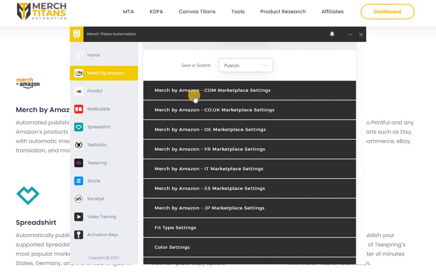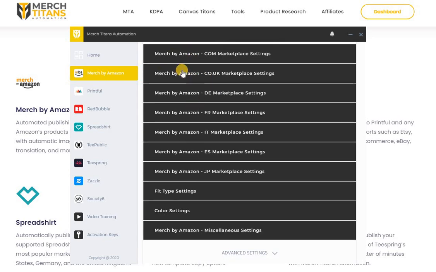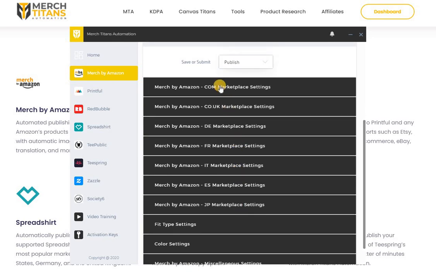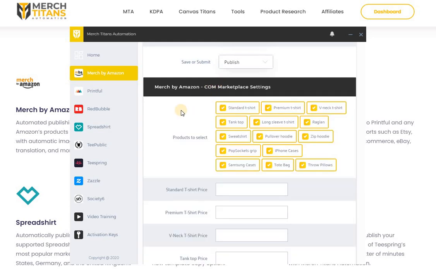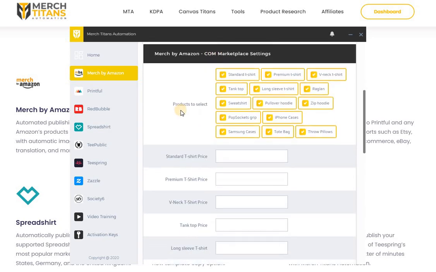Let me close this. So as you can see here, as you scroll down, you have every single marketplace, and then you go into your fit types, color settings, and then certain miscellaneous settings in addition to the advanced settings. So let's start with the .com, the US market, because it's exactly the same as all the other ones. So we'll look at one in detail, and then I'll show you quickly all the other ones. This is simple. This is where you basically come in and you select the products that you want this tool to push your designs through